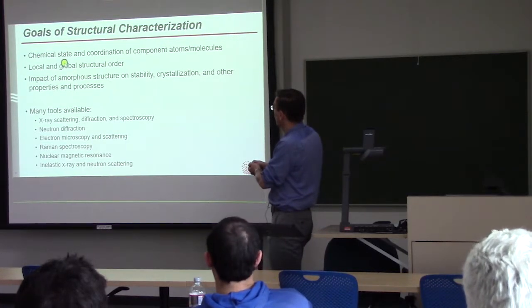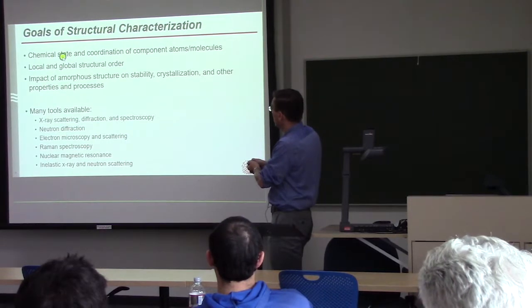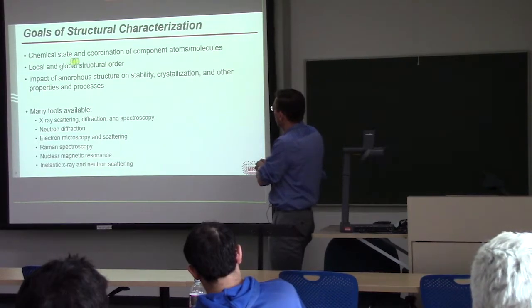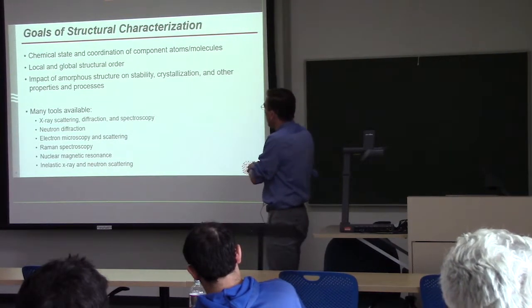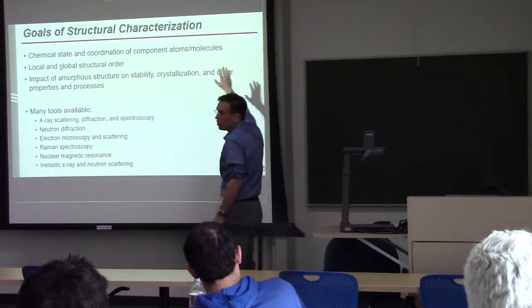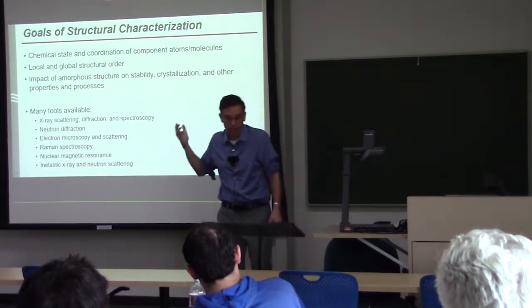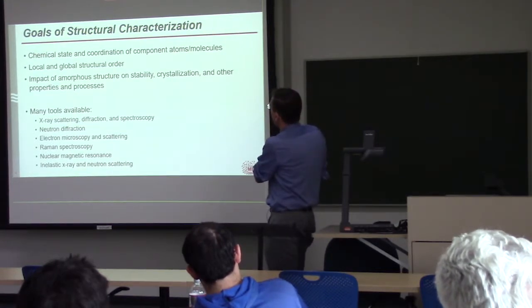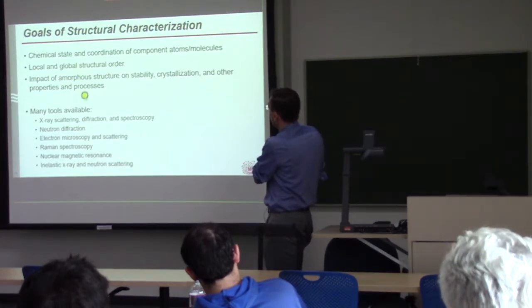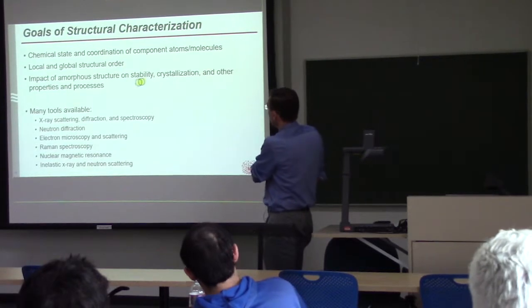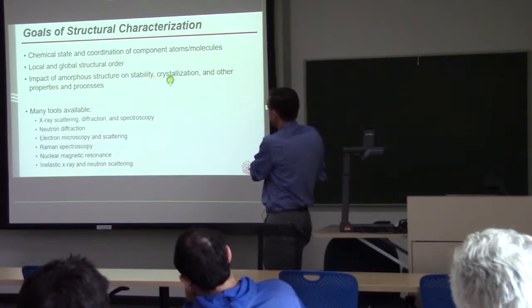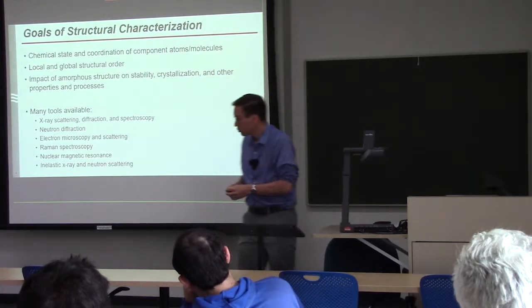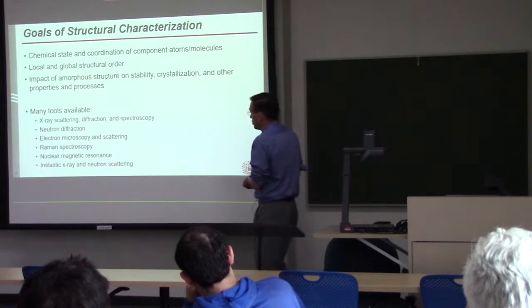So these include the state of the atoms, the chemical state, for example, the valence, the coordination numbers, their packing locally. And it's become clear over about 100 years of working with amorphous materials that you can systematically understand this order, modify it, and have a tremendous impact on the stability, the crystallization behavior, the electric permittivity, elastic properties, and so on.